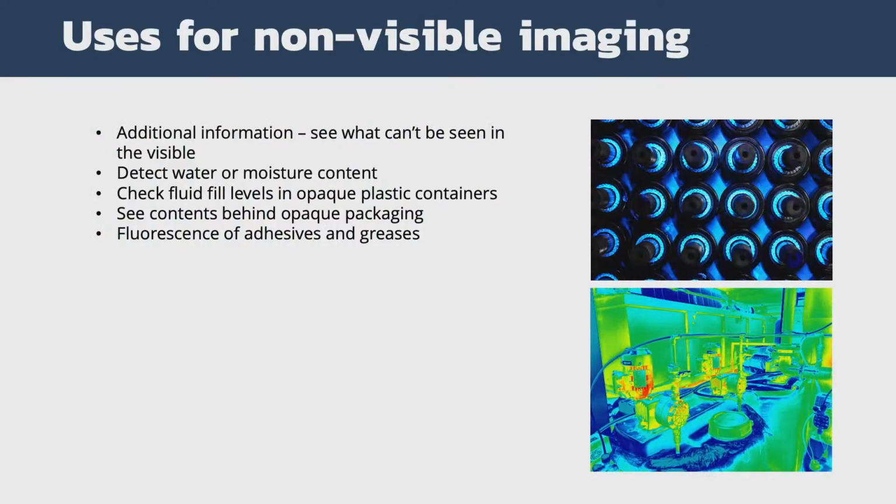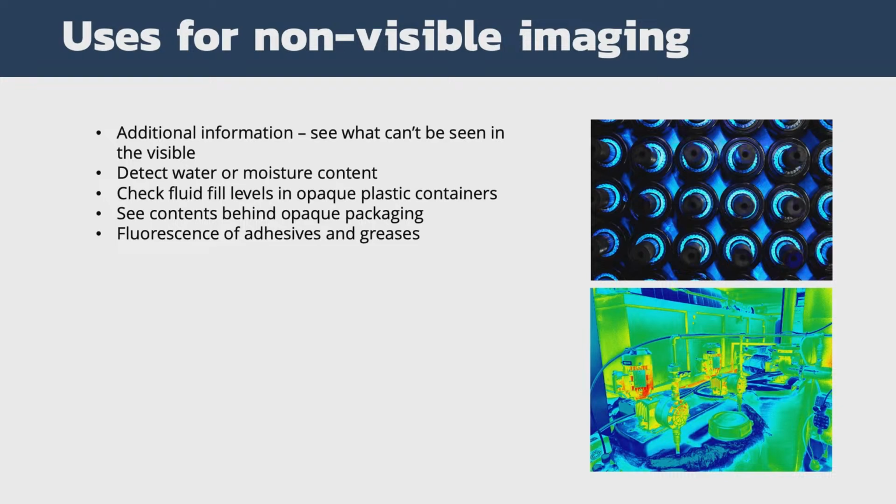Well, for one thing, we can get additional information, just like we can use color as a discriminator and use color to highlight or attenuate things we see in the visible range. As we get outside the visible range, the light still behaves and interacts with the surfaces, but differently than in the visible. In some cases, there may not be any difference, but in other cases, just outside the visible range, the product or object under inspection may absorb or reflect a lot of light, even though that's not what's happening in the visible. So we can use this information to see what can't be seen in the visible spectrum in many